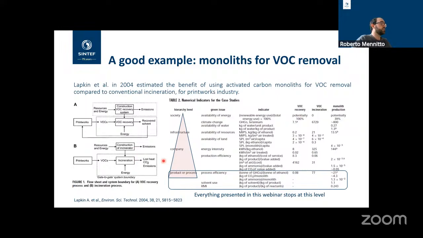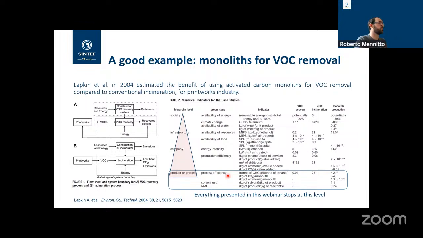And they come up with a series of decision-making levels from product to infrastructure and society that are quite interesting. This is basically what happens in a company when you want to go after a certain technology. Okay, the technology is better than the benchmark, but technology is not the only thing we need to look at. And when it comes to monolith especially, the big decision has to be made, for instance, on life cycle assessment,